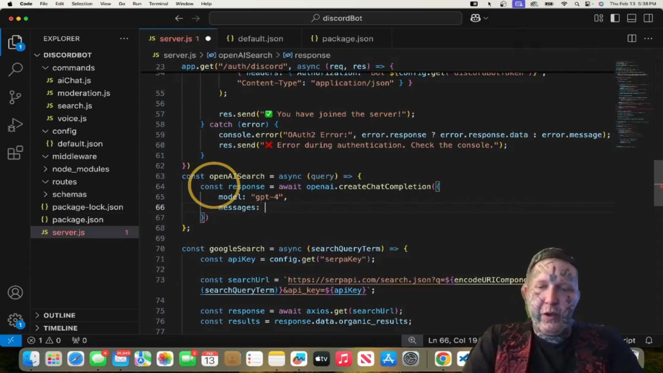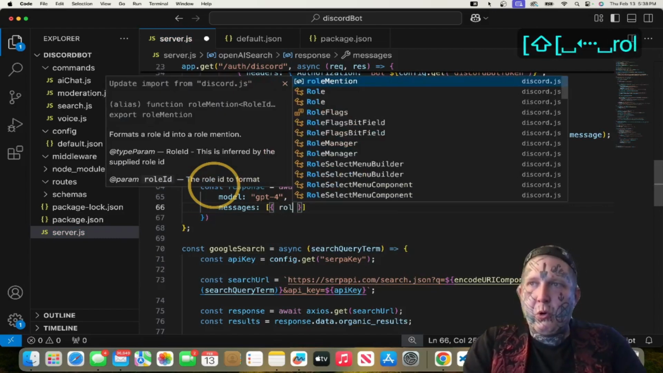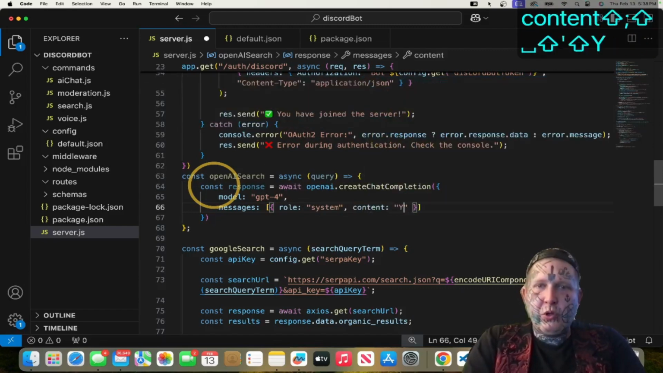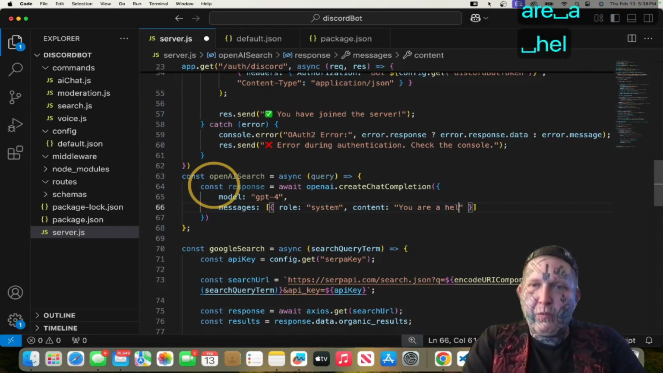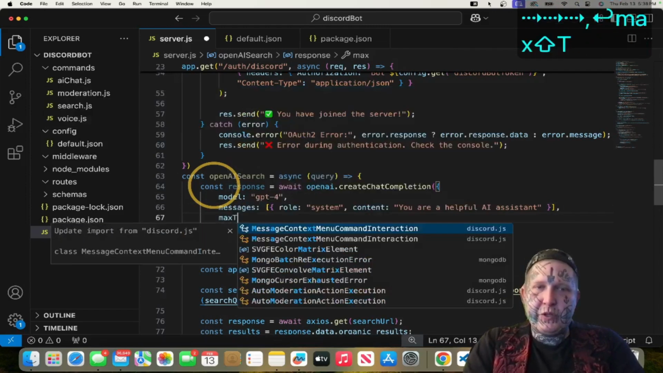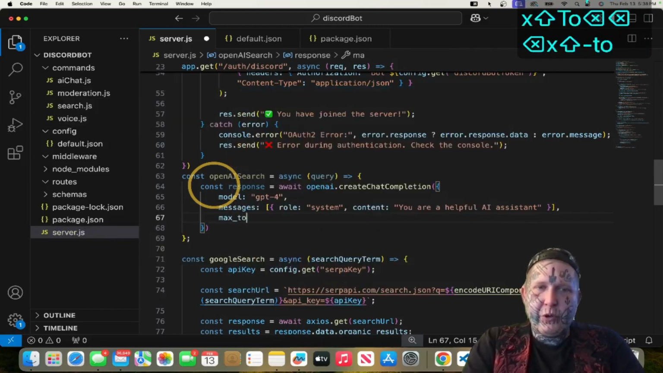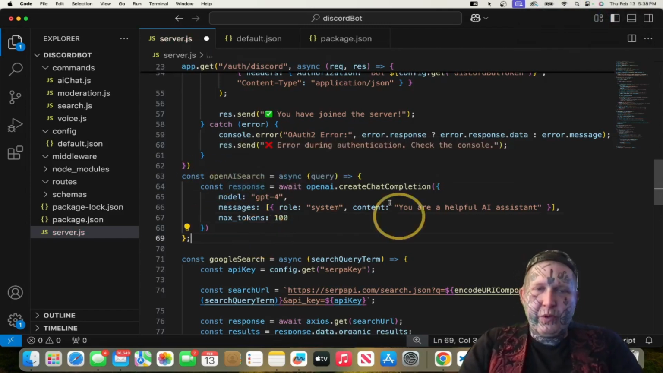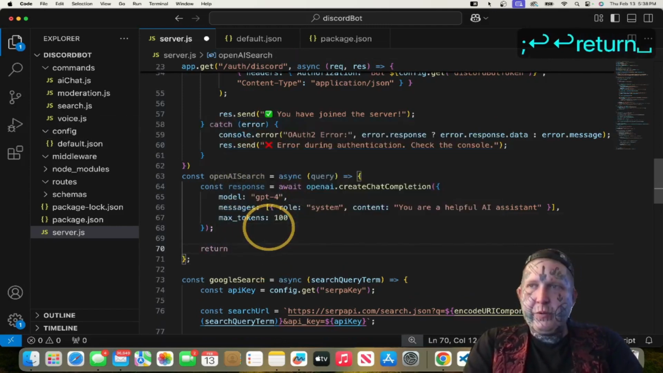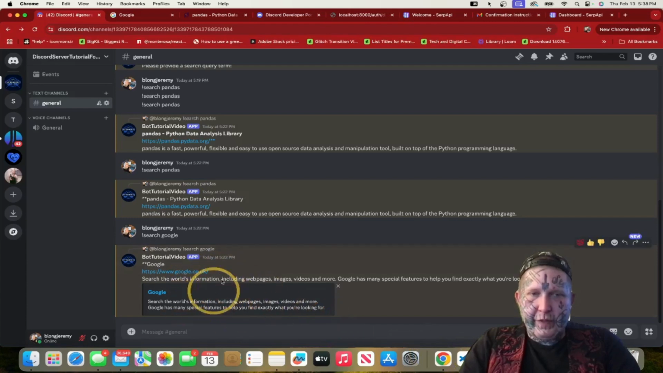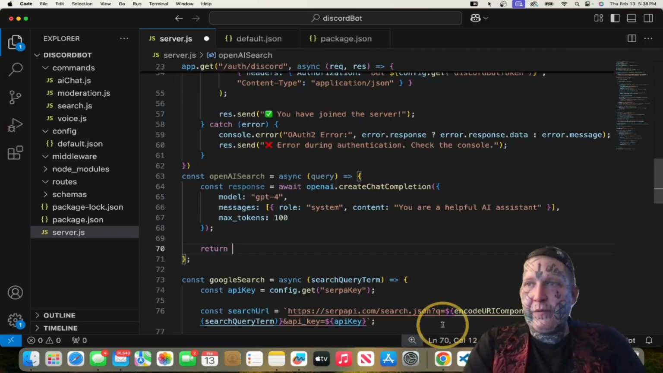and then that needs to be an array with one value being role system, and then content, you are a helpful, this is the prompt to the OpenAI, a helpful AI assistant. All right, and then we need max tokens, and we'll do 100. So that's our response, and then we want to return this response because we want to send this response essentially to the console here in the Discord. So we want to return that response